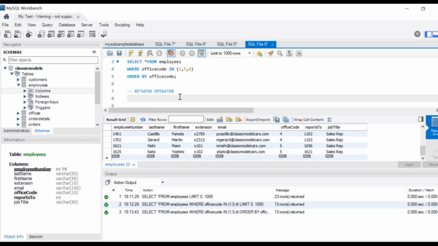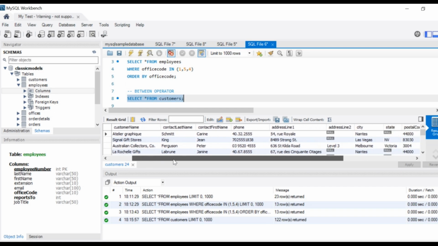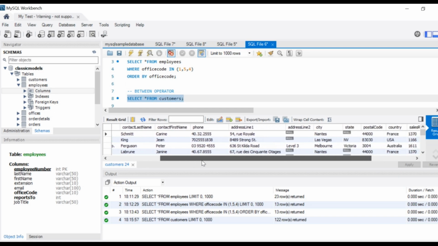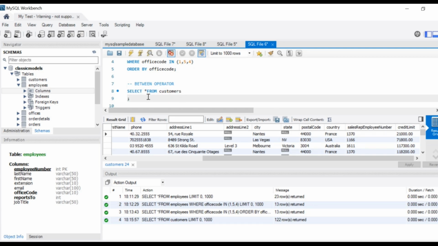So for example, if I write this way, select star from customers, go ahead and run it, and let's see what we have got. We have customer name, number, contact last name, contact first name. Okay, let's go this way. Now I will take credit limit, so I will put it in a certain range. From customers, select star from customers where